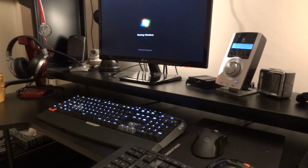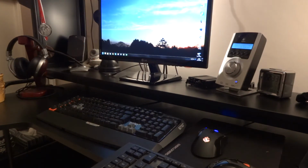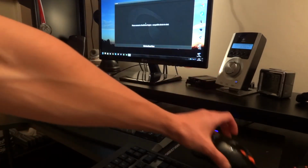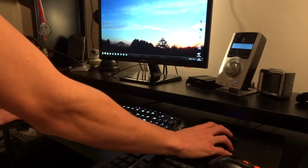It's something to do with the ports. That's my guess, because what I'm going to show you guys now is, well, hopefully this is going to work, but the Sensei mouse is going to be plugged into a USB 3.0 port, and hopefully it should work there. So I'm going to close the SteelSeries Software,